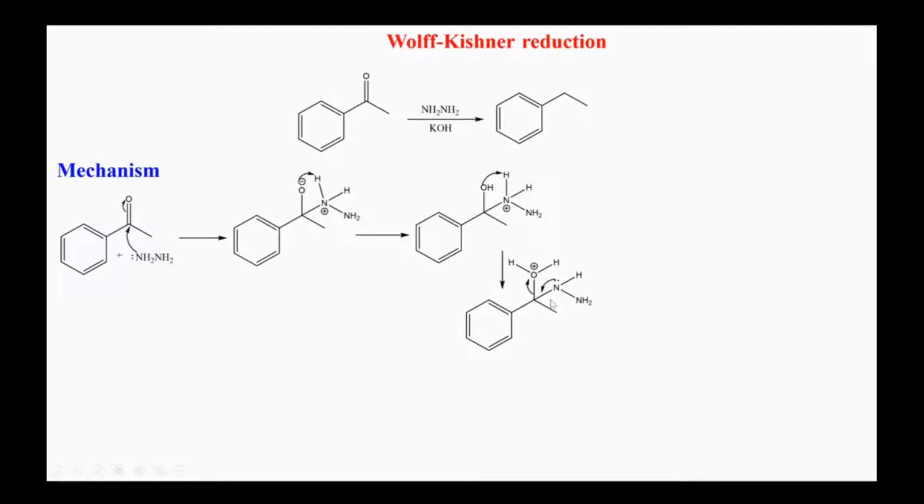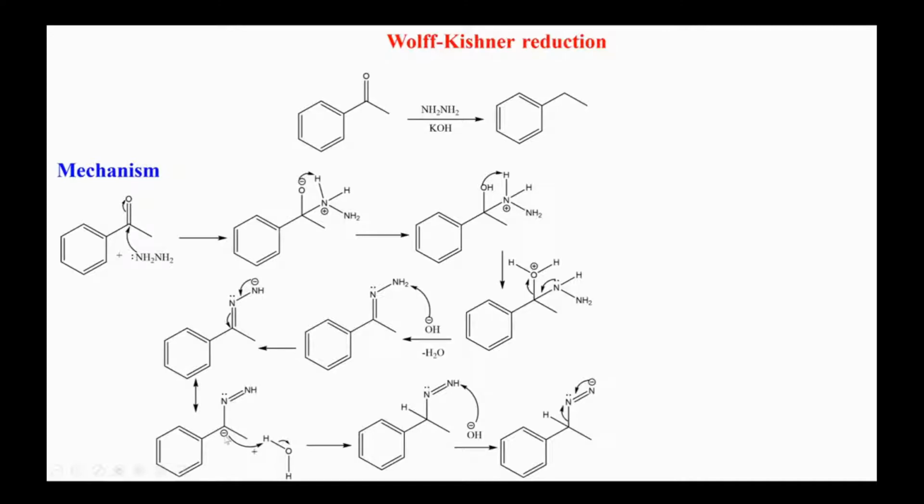Now in the next step we will have a double bond between nitrogen and carbon, and this water will be removed. That's why we are writing minus H2O, and here it is carbon double bond nitrogen, because this was the lone pair which shifted in favor of carbon. Now this OH, which is basic, attacks this NH2 group and picks a proton from this NH2, making a negative charge, and this negative charge reverts back and makes a double bond between nitrogen and nitrogen, and the carbon double bond nitrogen breaks in favor of carbon, and carbon gets the negative charge.